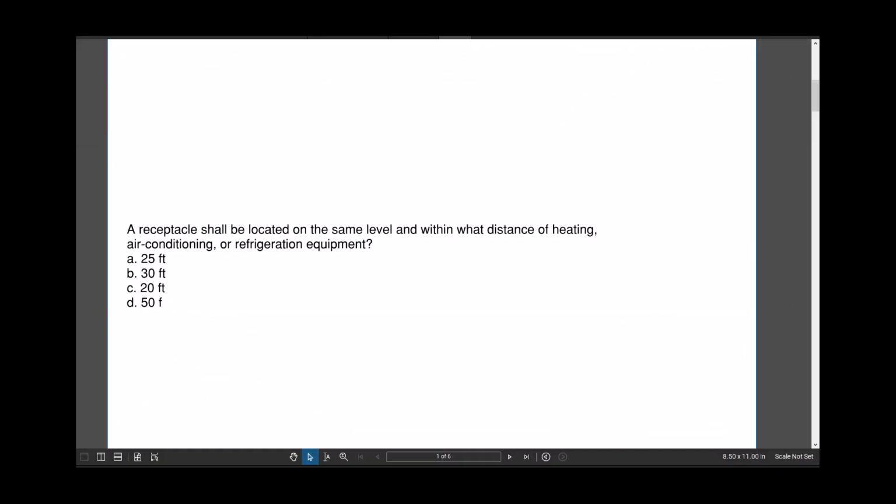Question 3. A receptacle shall be located on the same level and within what distance of heating, air conditioning, or refrigeration equipment? A. 25 feet, B. 30 feet, C. 20 feet, D. 50. The keyword can be receptacle, and we're looking at the receptacle installing distance of heating, air conditioning, or refrigeration